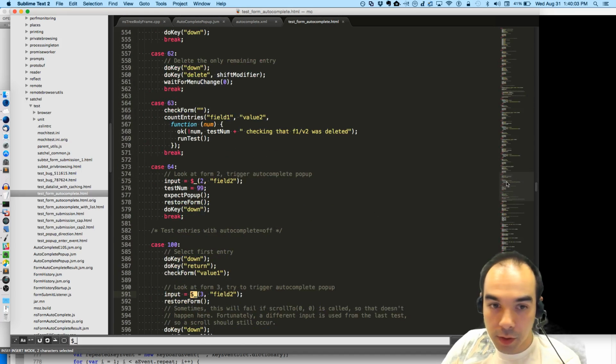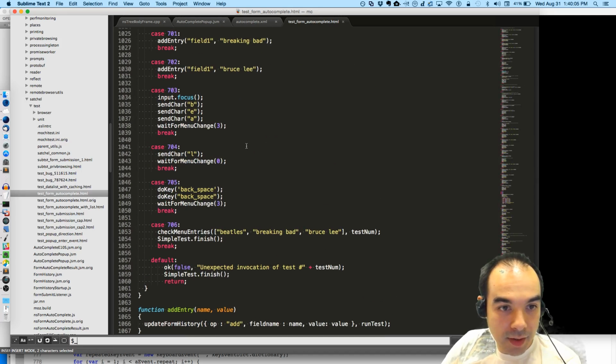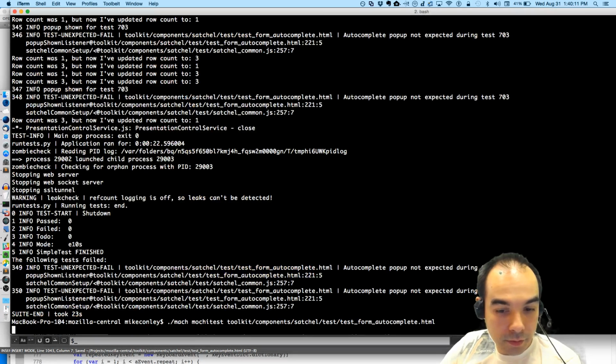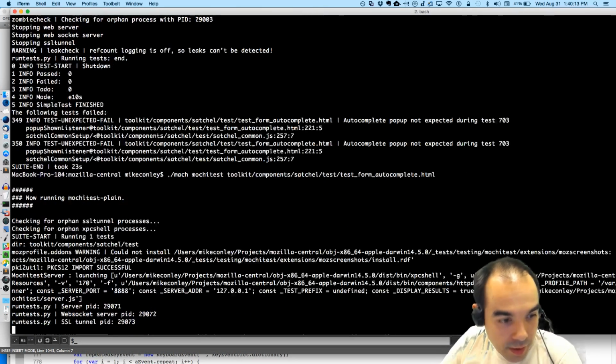I have no idea what $_ means. Input equals field 1. Let's see what that does now.